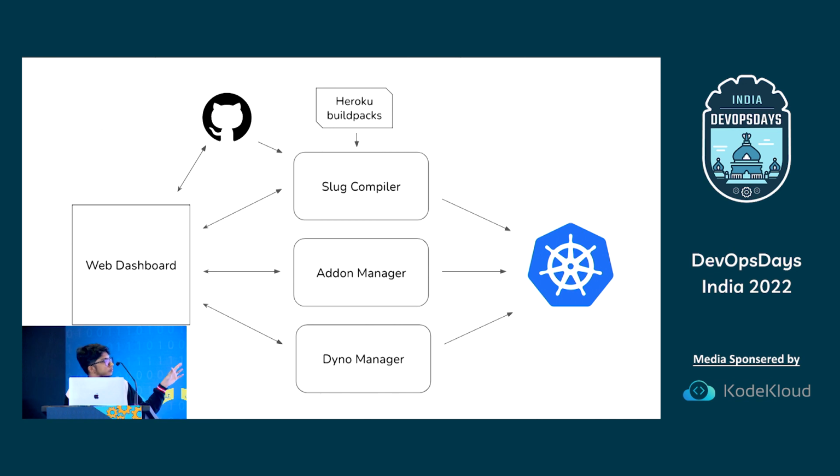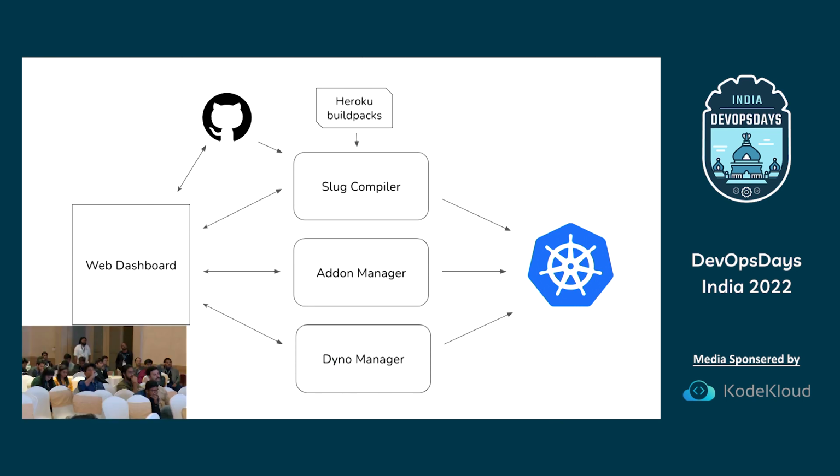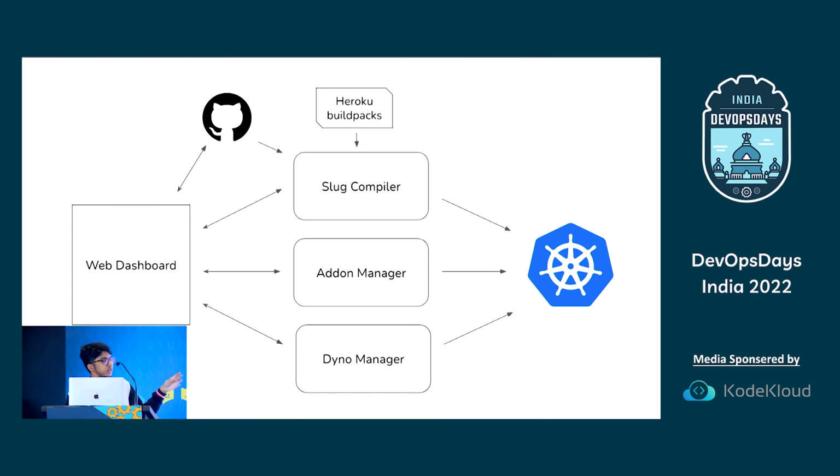After this, if our app needs any add-ons like Postgres, Redis or Elasticsearch, the web dashboard figures that out and sends the request to the add-on manager. The add-on manager creates deployments for all the add-ons that we need on the cluster, exposes them, and sends back the database URL and all that to the web dashboard. Once all this is there in the web dashboard, along with the environment variables that we get from the GitHub code base, it will send all of this, like the image URL, the URLs for the databases, Redis, etc., and the